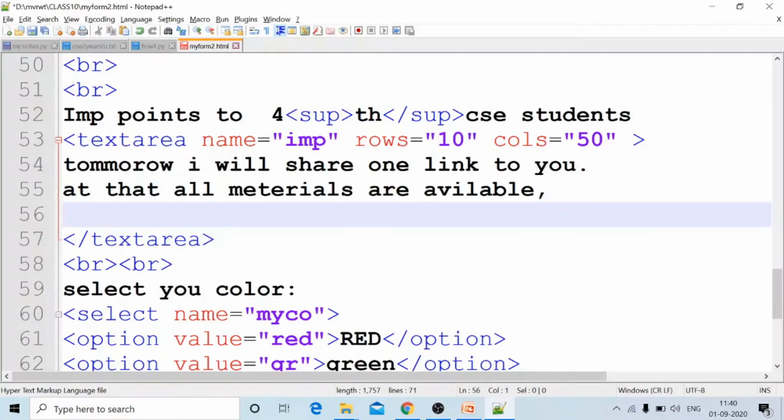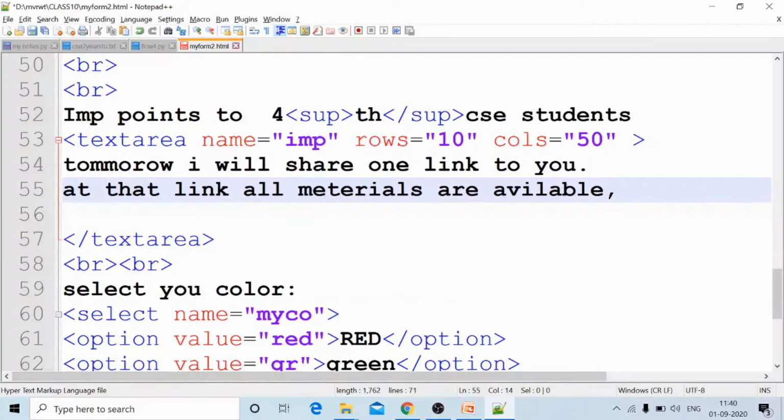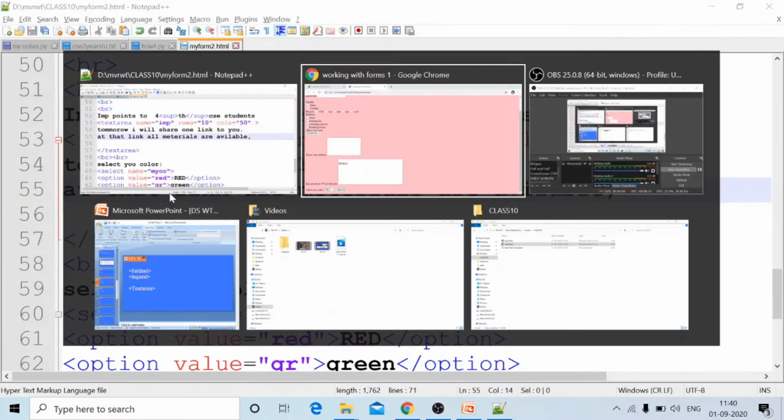Okay, I have pasted some data here. Tomorrow I will share one link to you. At that link, all materials are available. Control S, Alt Tab.